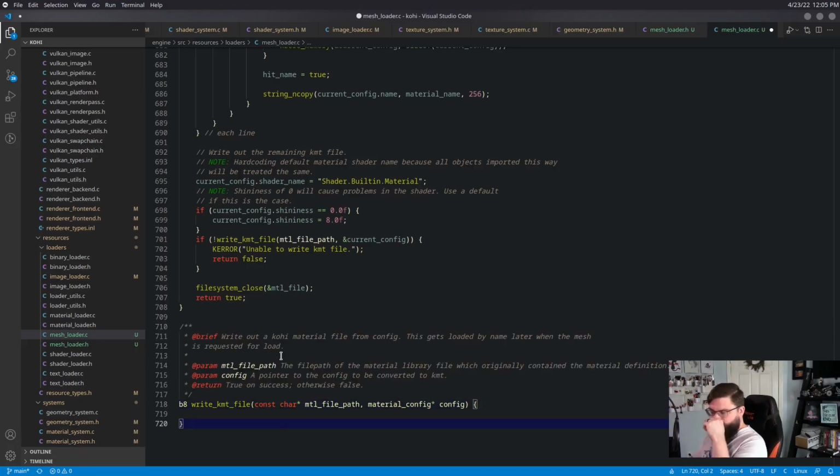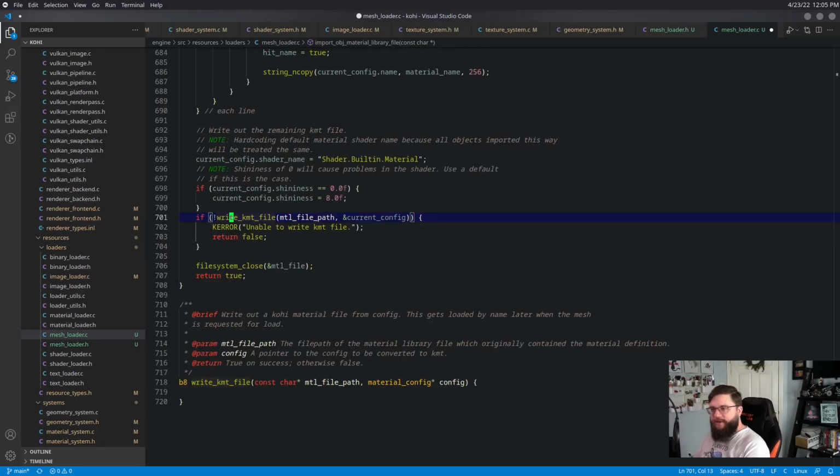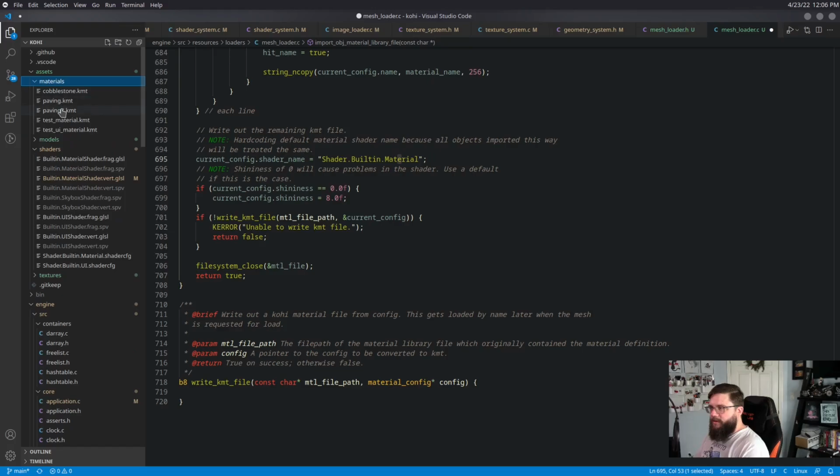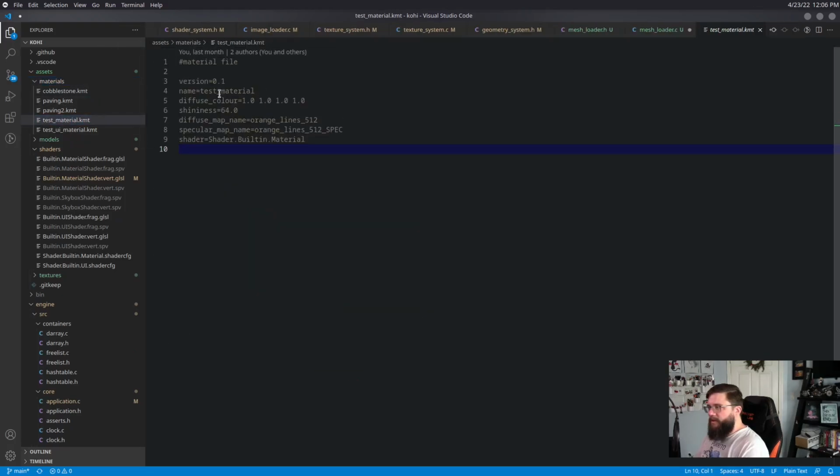So obviously we're calling this here. We need to actually create the definition, or take the definition of that material and write out something for it. This is pretty much going to be just looking at the properties and writing out strings in a line. If we take a look at an example of our material config, let's use this guy. We basically just write all this stuff out like this. We have field name and then equals and then value. And this is what we're going to replicate